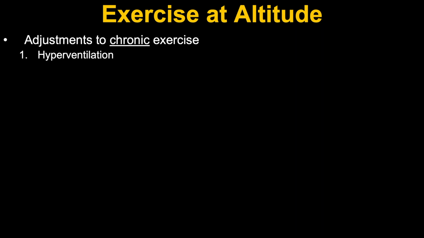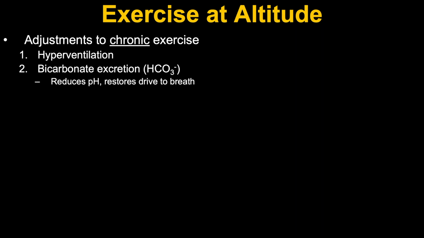As you recall from your pulmonary lecture, when we increase minute ventilation, that is going to increase the alveolar pressure of oxygen, which increases the driving pressure so that we diffuse more gas from the lung into the blood. We'll also get an increase in bicarbonate excretion from the kidneys. This is going to decrease blood pH, which makes the blood more acidic and restores that drive to breathe more. Remember that carbon dioxide forces us to breathe more. If we have more carbon dioxide in the blood because there's less bicarbonate there to buffer that acid,